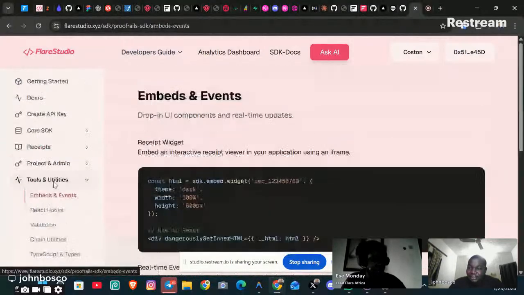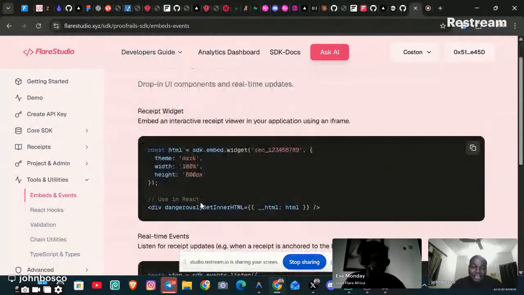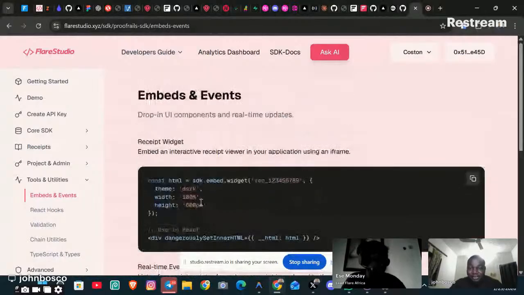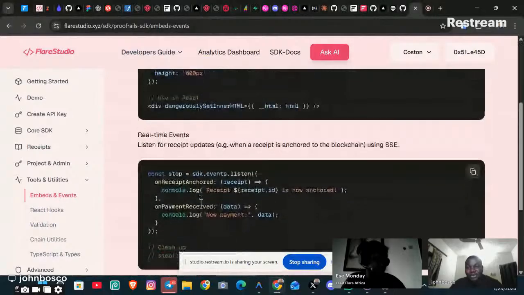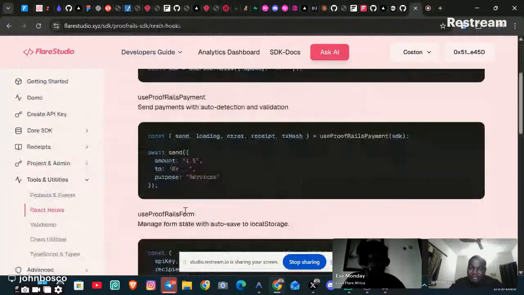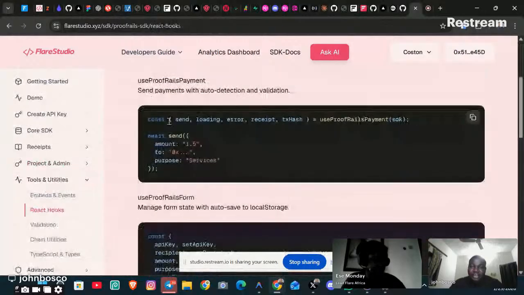Okay, this one is utilities. Like I said before, it is something that is easier to use, just showing how to use it in your project, especially on React and JS, although I didn't do only HTML actually. So this one is the React hooks. Everything you need to do is, for example, now,